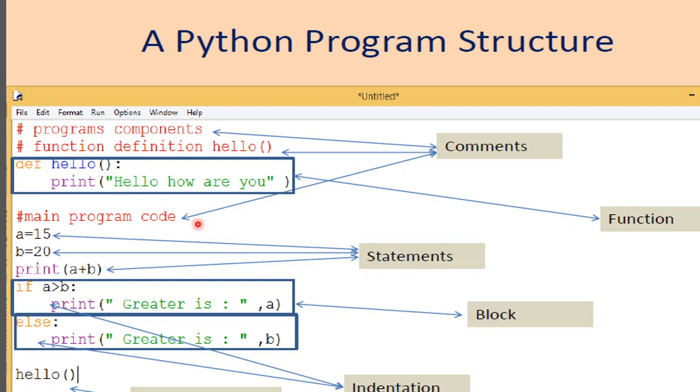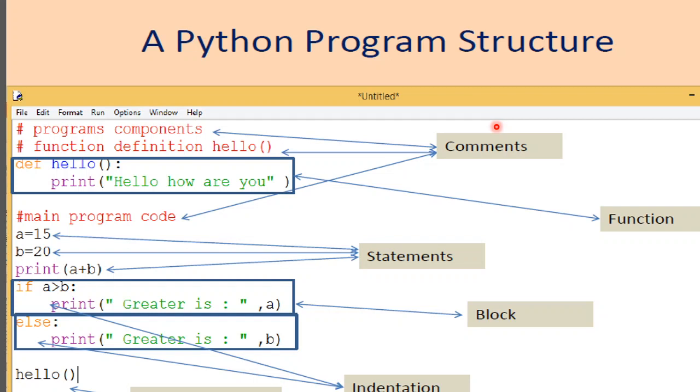We know the functioning of our compiler: it executes our program line by line. First, these two are comments, so they will be skipped by our compiler. Now def function hello: again, this statement will not execute first because this is a definition. There are two things: function definition and function calling.